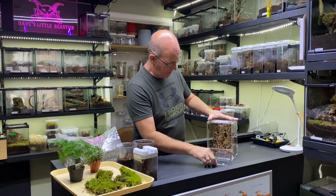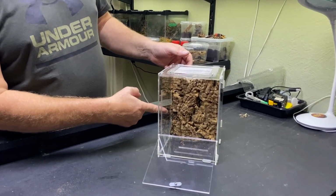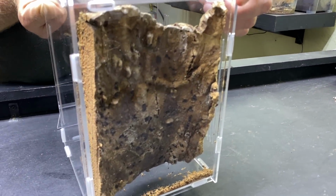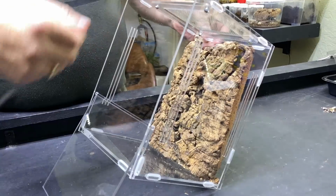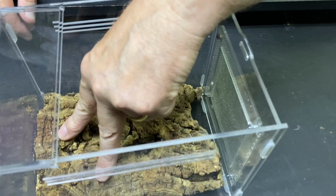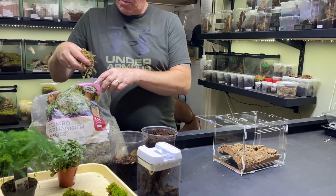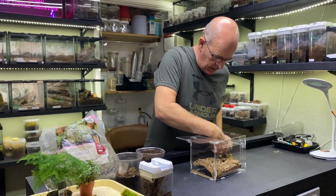So these are our mantis den enclosures. Now what I've done is I've cut a piece of cork bark already to fit into the back of this, and as you can see around the back there, it's going to be completely open around the back, but we don't want our spider getting access to the back. So what I'm going to do, as you can see, it's open at the top here, sides and everything else. So we're going to use some of this Sphagnum Moss. Now this, I'm hoping, will give us a couple of things. One, it will fill in the gaps,